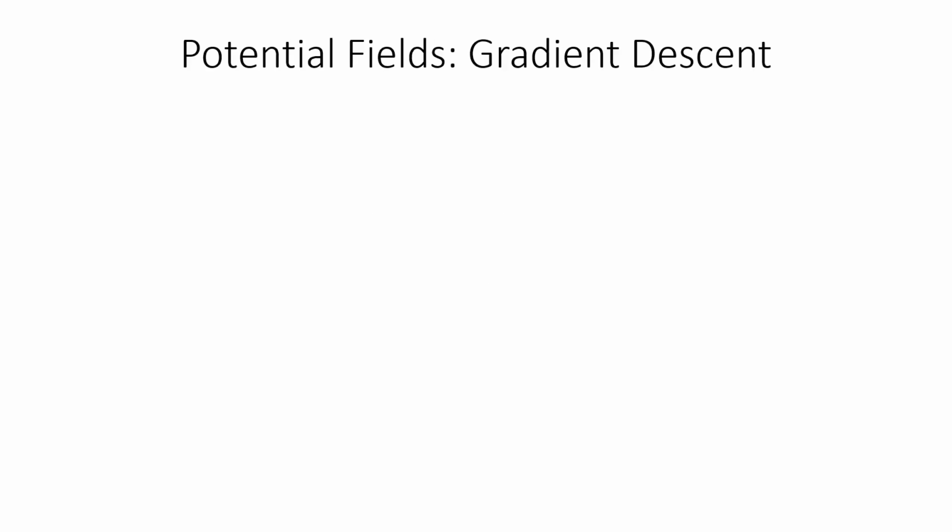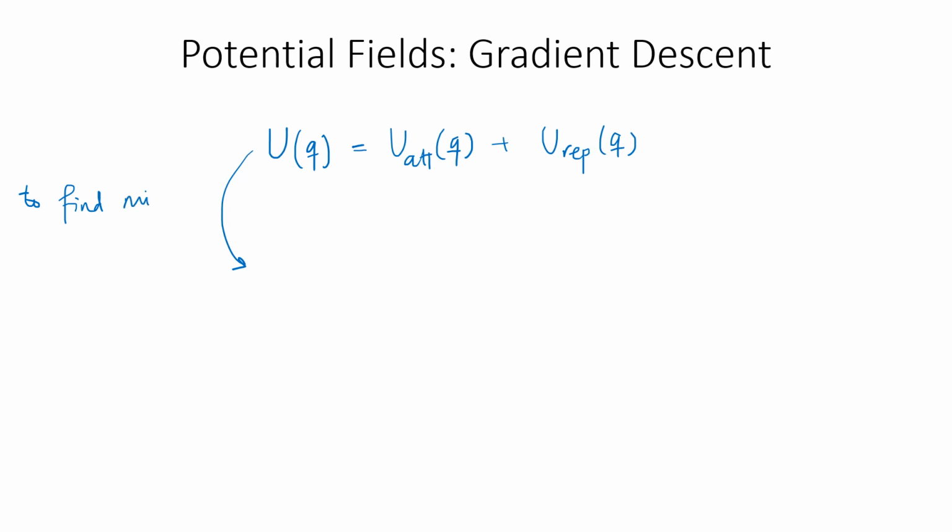Now, in order to achieve that, I will start from the same expression that I have written already. The whole potential, dependent on the configuration of the robot, is going to be equal to the attractive potential, also dependent on Q, added with the repulsive potential. Now, the task is to find minima. And because it is minima, I can use the gradient of that. So this gradient operator is applied